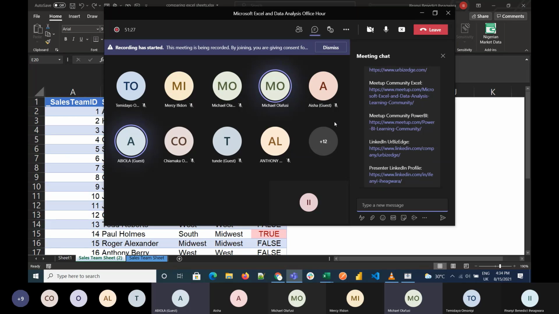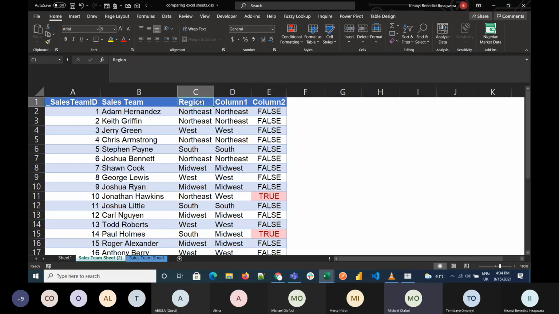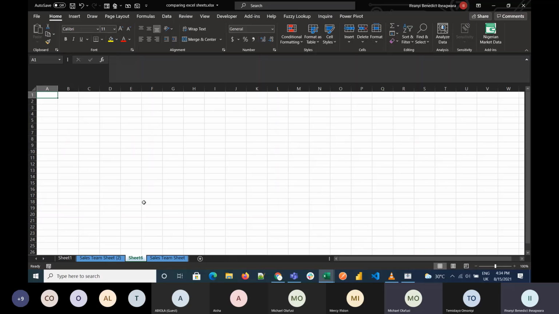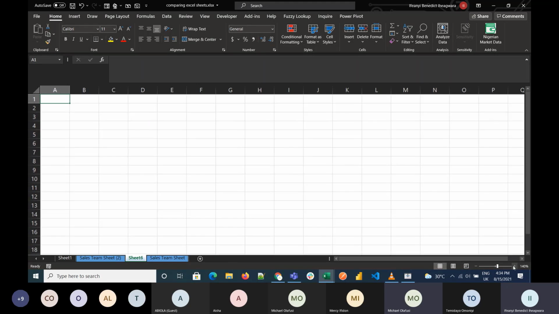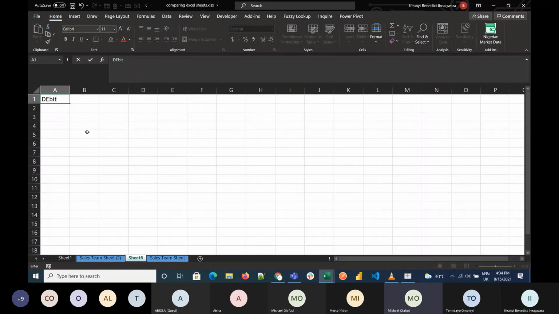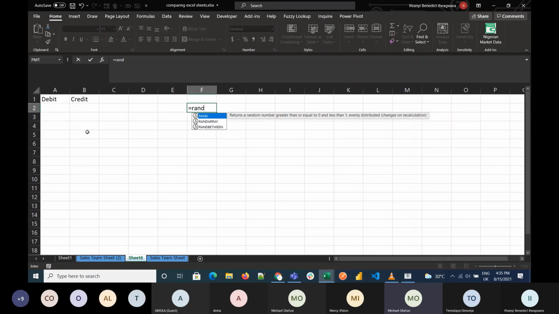I was saying maybe what if you write debit in the one that was region, and in column 1 you write credit, and then we use numbers, maybe you use RANDBETWEEN to generate random numbers. Then for some, we will now let the values be different. So I'm guessing for Mr. Abiola now,